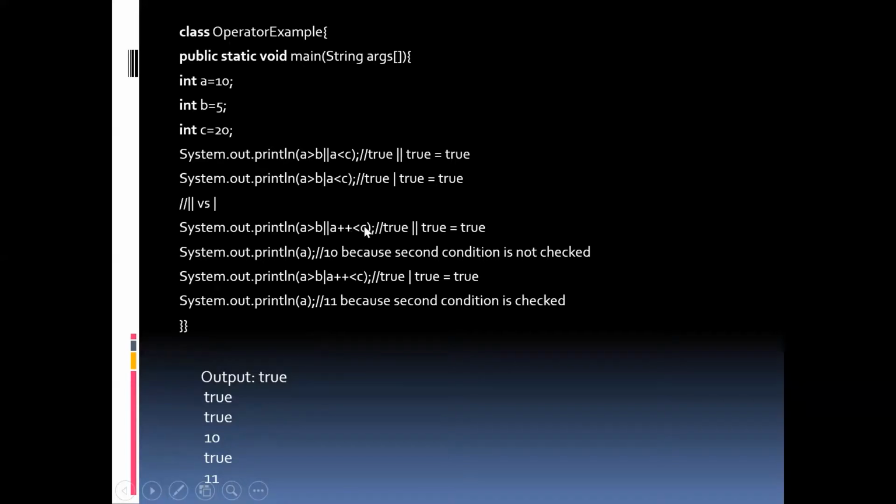We will see another one too, like we have seen for the and, with the unary operator in post increments. So if this is used, say a greater than b is true, when it is true, it doesn't check this one, right? So as usual, in the next statement the a value would be 10. Here as its current value is 10, so 10 would be printed. And is a greater than b? Yes, it is. And a plus plus less than c, yeah, it is also true. So you will get true. So here the value has increased, so the current value 11 would be printed, and hence you will get the output: true, true, true, 10, true, 11.